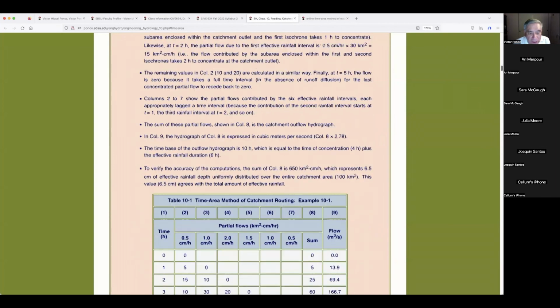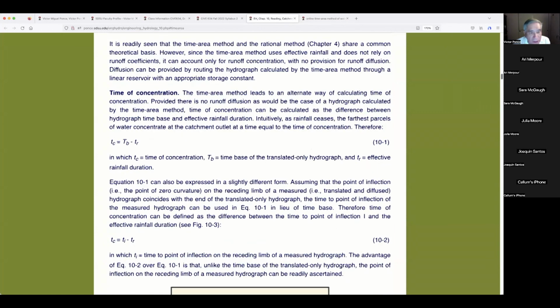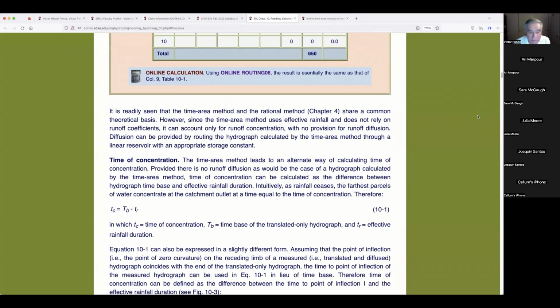So the point is that we can do this calculation and get the online routing and do it in a fraction of a second. So let's keep moving along here. So we have the time of concentration. The time of concentration is a very important subject, and we have to